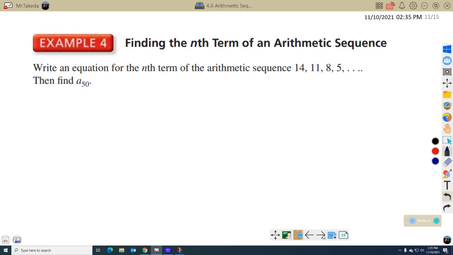Let's try one here, I think. All right, so here I have this arithmetic sequence, 14, 11, 8, and 5. And we want to write an equation for the nth term. So let me put this back in here: a sub n is equal to a sub 1 plus n minus 1 times the common difference d. And then we're going to find the 50th one. Okay, so a sub n is equal to, what's a sub 1? That's the first one, 14,